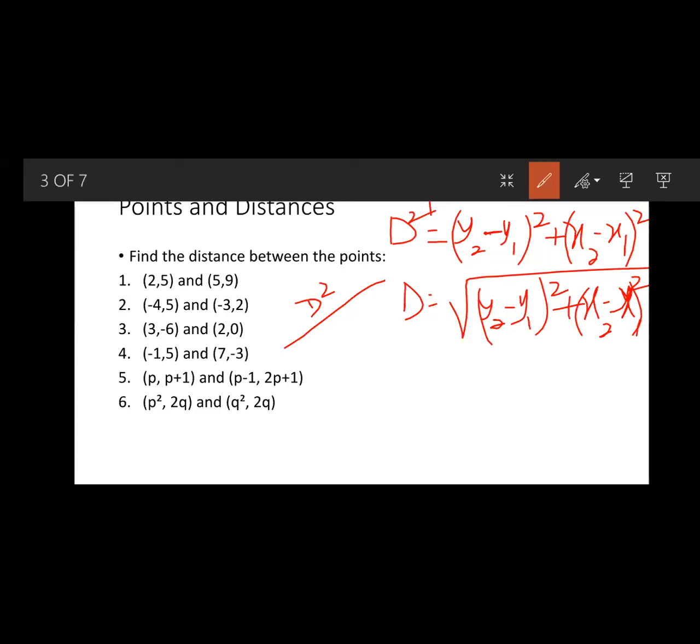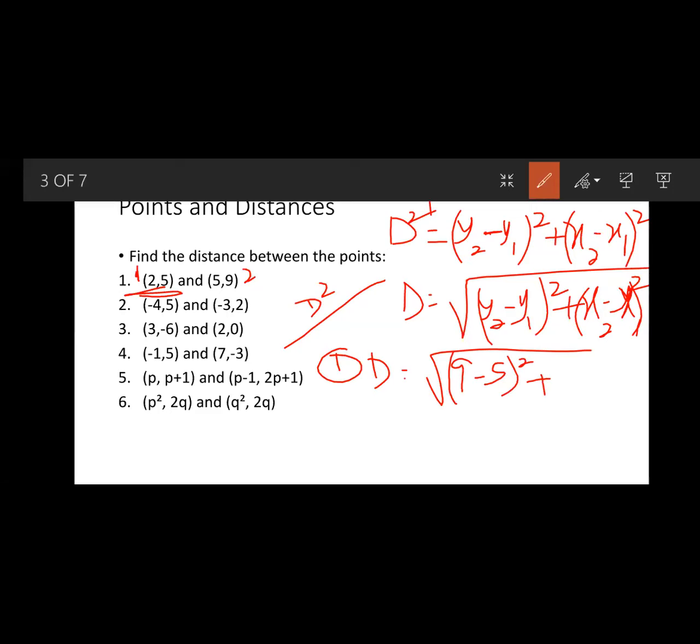So in this case now, find the distance. For question number 1, our distance will be equal to, just substitute. Pick your point. Which one is point 1? You can pick this one as point 1, everything here as point 2. So if this is point 1, x1 will be equal to 2 and y1 will be equal to what? 5. If the other one is point 2, it means x2 will be equal to 5 and y2 will be equal to what? 9. So applying that, our y2 is 9 minus y1 is 5, squared,